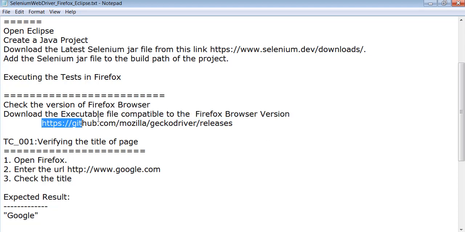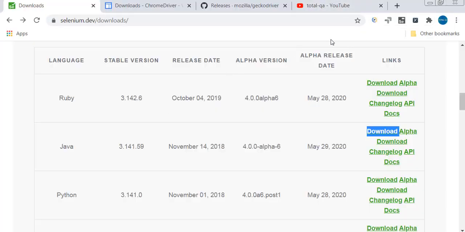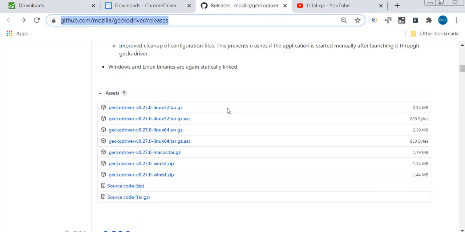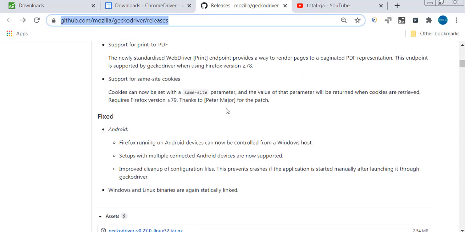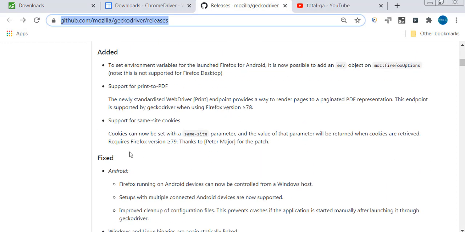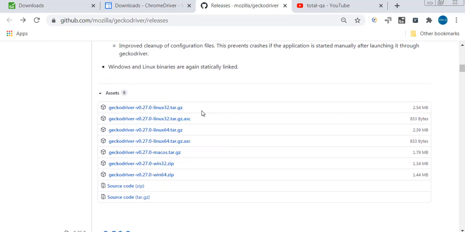For that, access this link now. Open this link. I think I already opened this link. Keep it ready for us. Once we access this link, we can see that if you want to download the executable file for versions greater than 79, then we have to download the 27 version for Windows 64-bit.